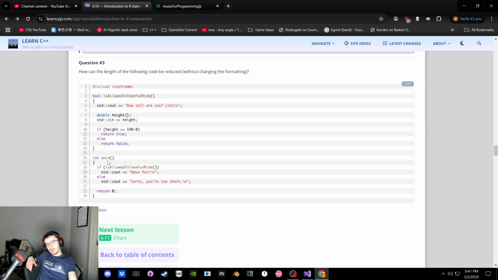So here we can say if is allowed, do this. If not allowed, do this. We might want different logic, so maybe we don't want to put this in the function. We want this to just check. And I guess I was changing the formatting. We check, we say, how tall are you? We put a number, and then we just say return